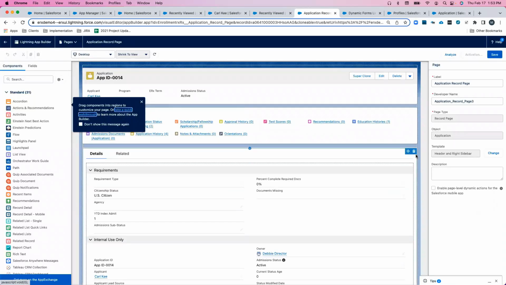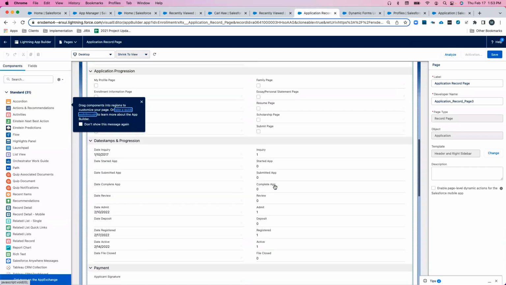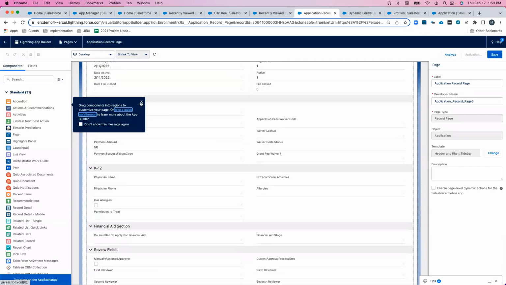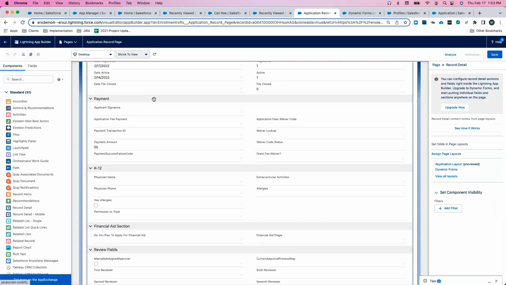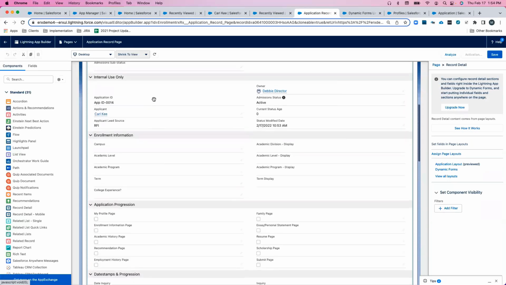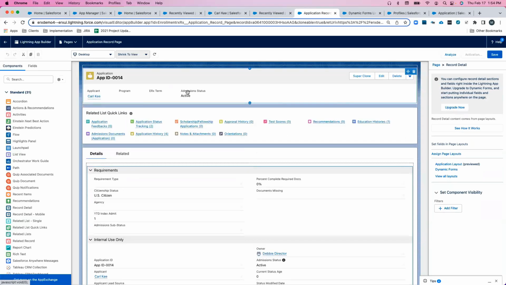Hey, Mark, just to chime in, when you make changes in Lightning, it gets cached. And so sometimes it requires a log out, log in to see that change live. So that's probably what's happening here. So we're not going to make you do that, but that might be the particular reason that change didn't happen yet. Yeah, sometimes it took me a couple of times when I was going through it for it to stick, but